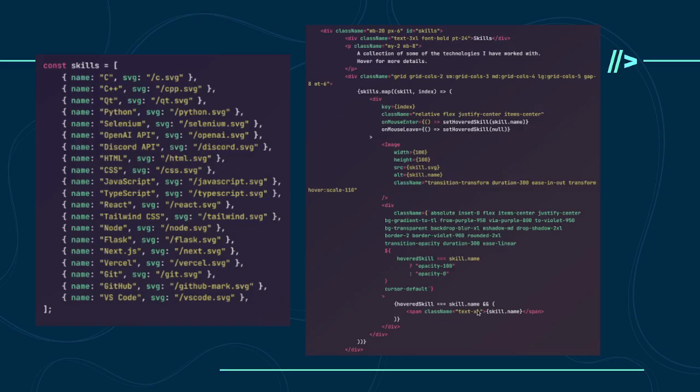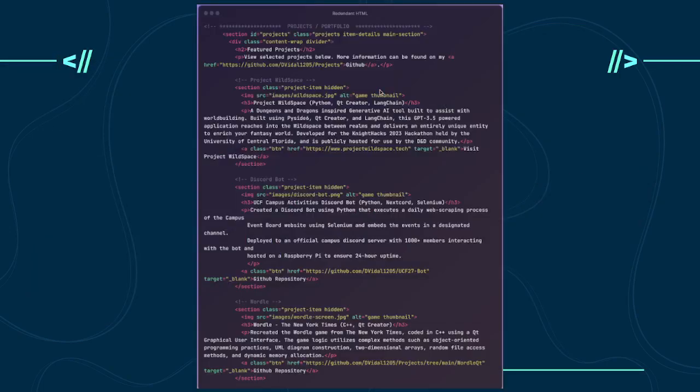So skill.name, and it's basically saying, hey, if the hovered skill is this current skill, we're gonna display the name, right? So this is a bunch of JavaScript React stuff that I'm gonna get into, but the whole point is you get the idea that by having this map operator and being able to write JavaScript in our HTML, we save ourselves all of this, right?